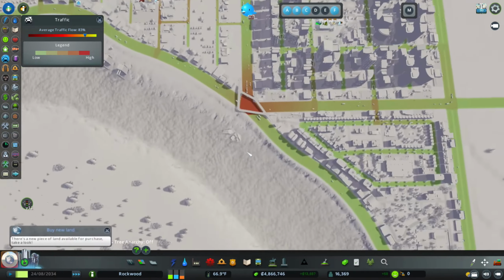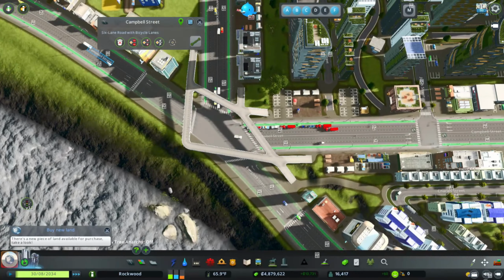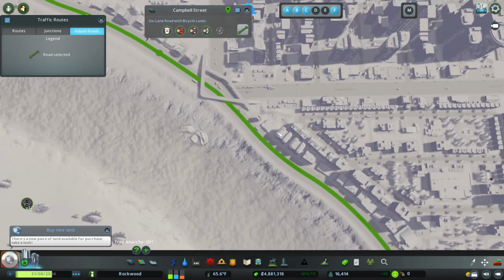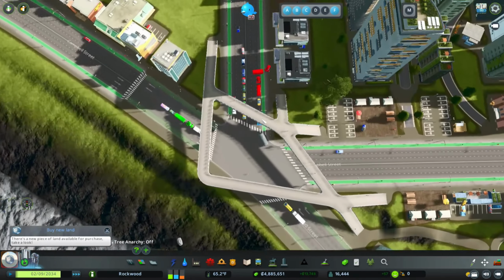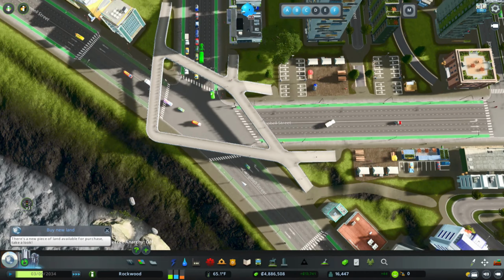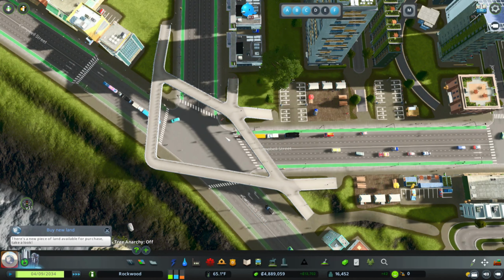This intersection, though, is just a problem. I guess the game does recognize it. It just, for some reason, the turn signals and everything, it doesn't do it well. Yeah, because both of these are technically right turns, and so...